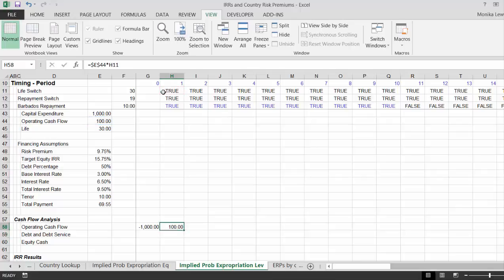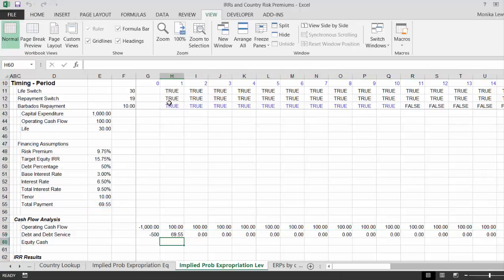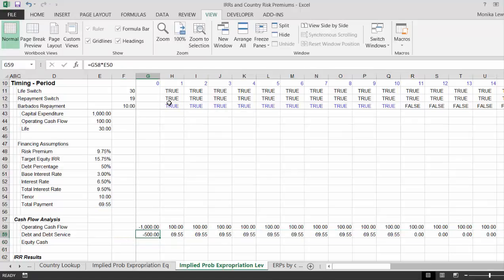Shift control 1, shift control I. That services and minus. This will just be a simple minus times that value. Then we put our payment, multiply that by the equity cash flow as just the total minus